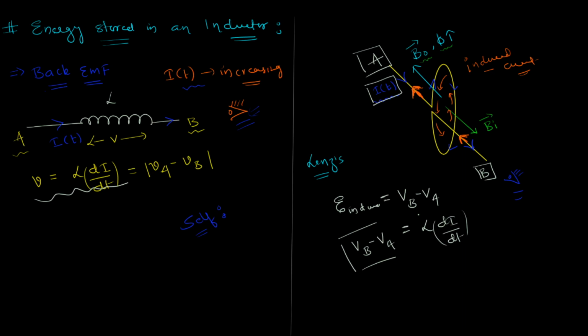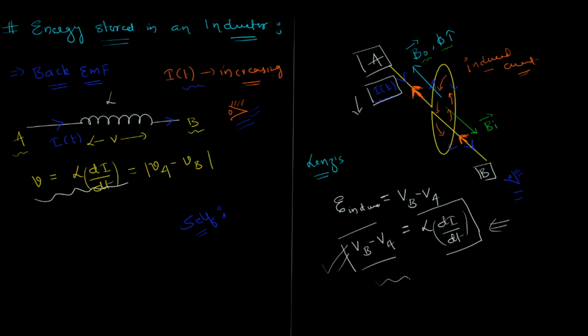But you must be thinking, oh wait, he purposefully took an increasing current. What would have happened if he had taken decreasing current? In fact, take your time and try to convince yourselves. You will be able to convince yourselves if you spend some time that even if the current were decreasing, guys, the induced current will still be in this direction. Maybe I'll try to explain that somewhere, not in the present video, but trust me when I say that even if the current were decreasing, B would still be at higher potential compared to A.